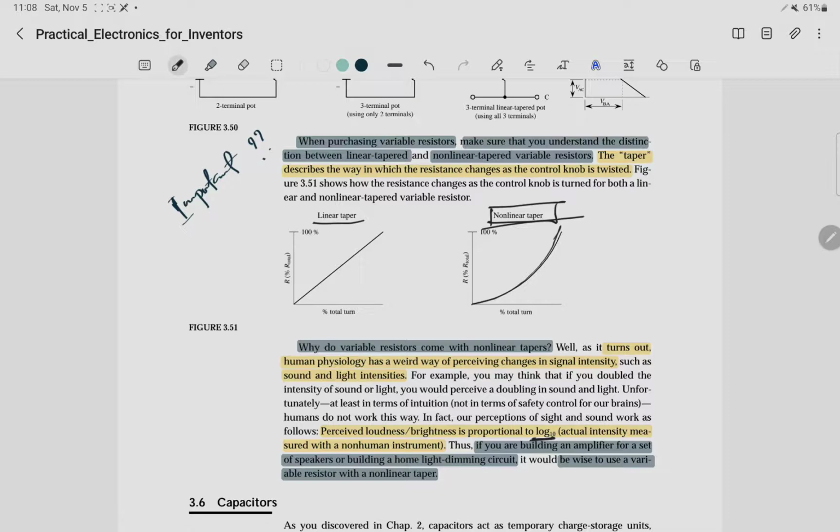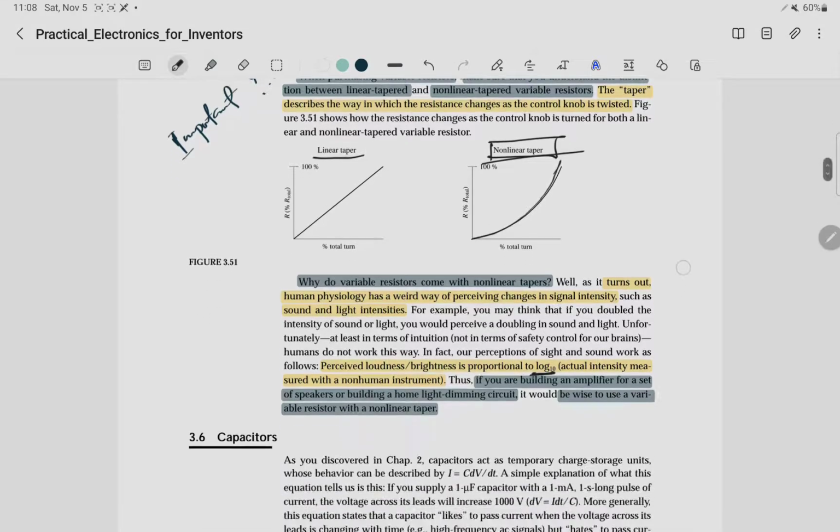So you need this when you're adjusting the brightness of whichever device you're using. Our eyes don't perceive a double in brightness as necessarily a double in brightness. So you may put a double, then this side it should be like a triple. That is how we perceive a triple as a double in the intensity of light. I hope you guys have understood that. So that is why we try to use non-linear taper